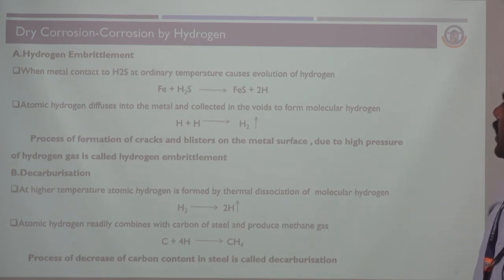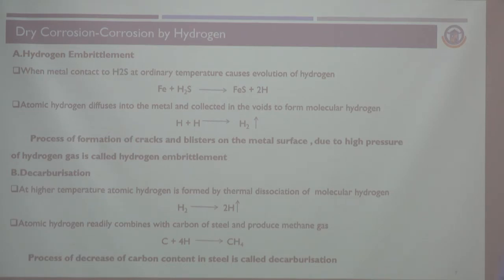Next, the second type of dry corrosion is corrosion by hydrogen. Here we have two different types of corrosion by hydrogen. One is hydrogen embrittlement and another one is decarburization. In hydrogen embrittlement, when hydrogen sulfide comes into contact with metal, even at ordinary